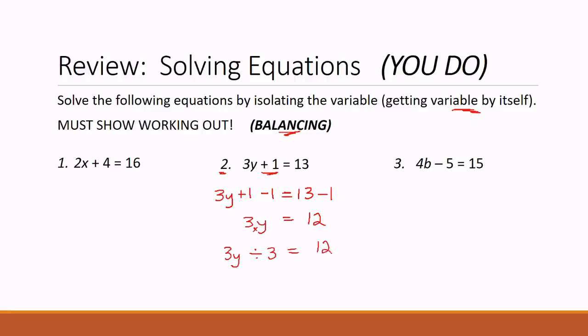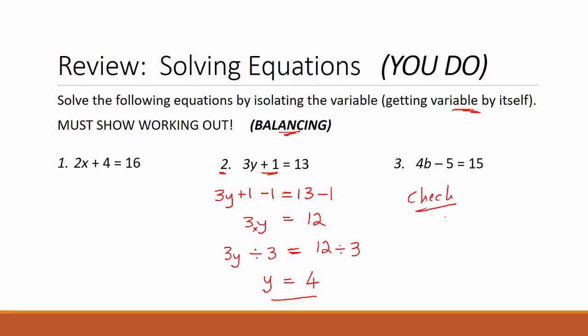So now to keep the equation in balance again, I need to divide both sides by 3. This will leave me with y all by itself. And over here on the right hand side, I've got 12 divided by 3, and the answer is 4. Well, I should say the answer could be 4, because now I need to go and check, and again I